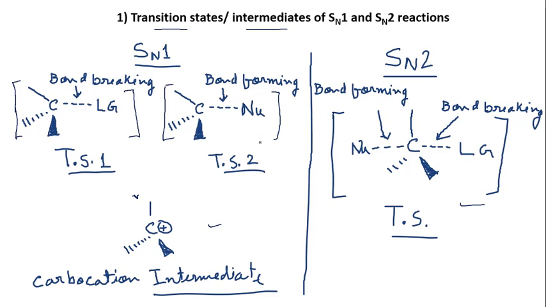Now if you have seen the video, there is a third transition state also, but that's not general, that's specifically for neutral nucleophiles. If the nucleophile itself is negatively charged, then the SN1 reaction will be only two steps, and there will be two transition states. So for the first question you have to draw these four structures to get full marks. So 3 for SN1 and 1 for SN2.